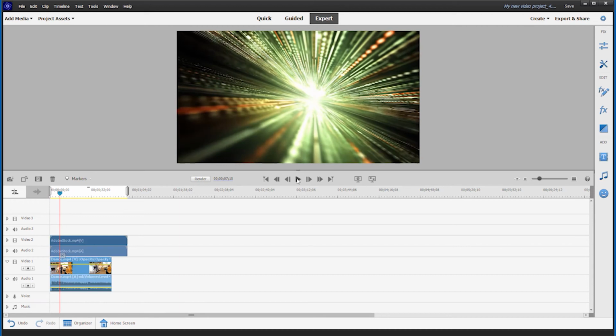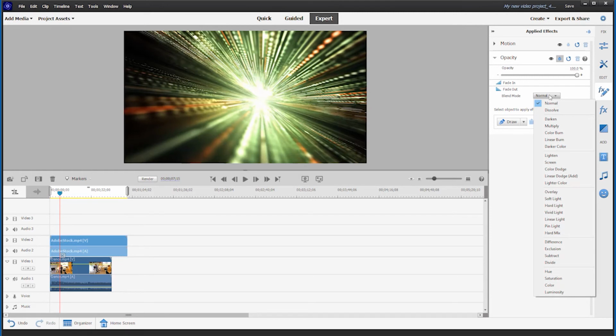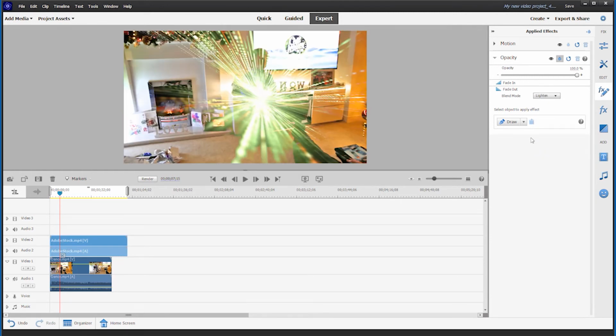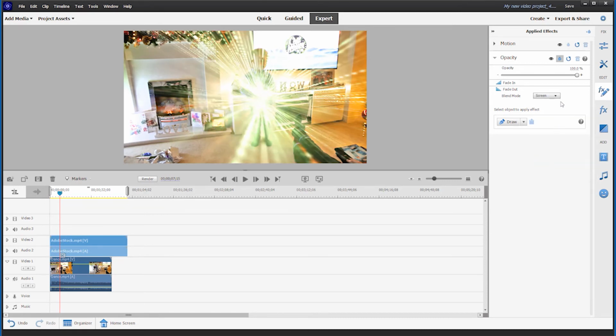And let's just pause again, and we know that we can go to the Applied Effects tab now to change the blend mode. So let's select the overlay and click on the applied effects icon, and we find the blend modes under the opacity tab. So clicking to expand the opacity tab, we can start to play around with the blend mode. So let's try lighten, and you can see that's the overall effect that we get. Screen really brightens it up, color dodge,